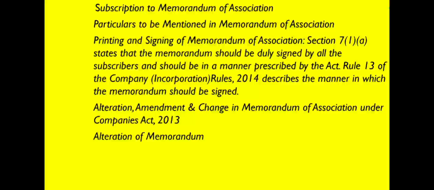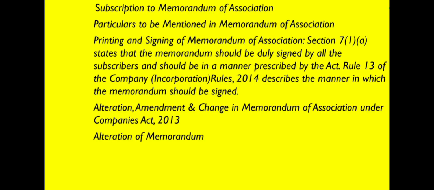There are two kinds of resolutions, ordinary and special. A special resolution is one which requires at least two-thirds majority to be effective. The alteration to the clauses also requires the approval of the central government in writing. The alteration of memorandum can happen for a variety of reasons. The alteration can be made if, first, it enables the company to carry its business more effectively. Second, helps to achieve the objectives. Third, helps the company to amalgamate with another company. Fourth, helps the company dispose of any undertaking.